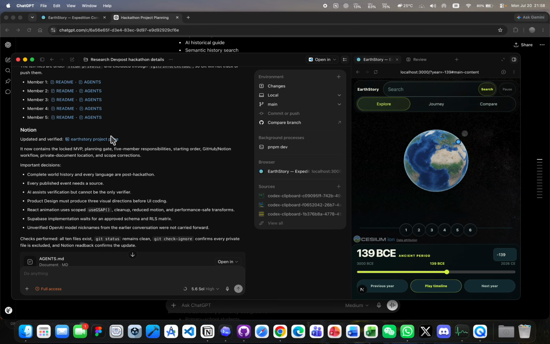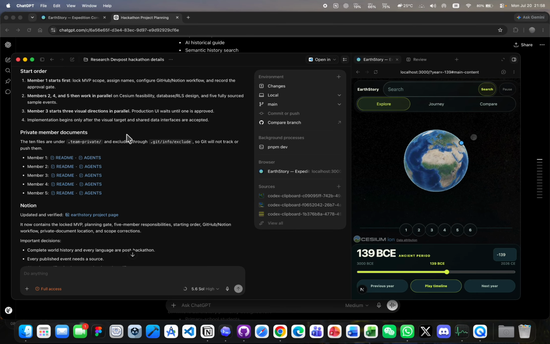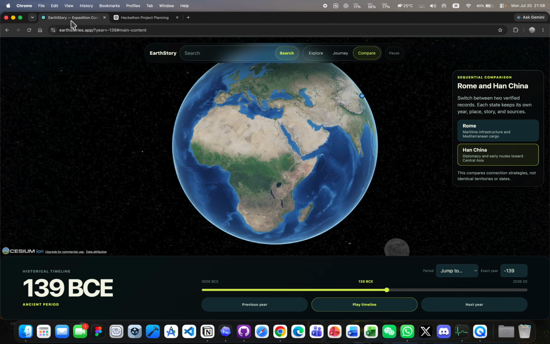We also created an agents markdown file to give Codex consistent project rules, architecture guidance, testing requirements, and security constraints. Every time Codex makes changes, it will update the README markdown and also the agents markdown. So EarthStory changed history from a list of dates into an interactive journey across time